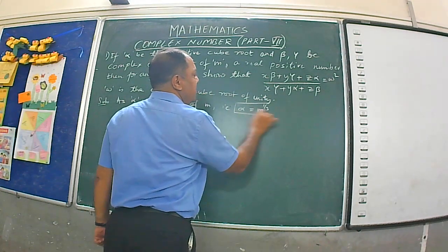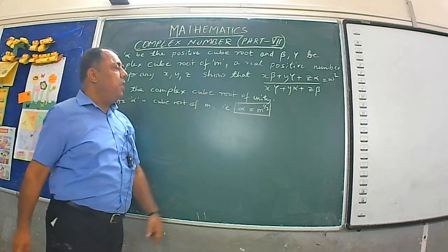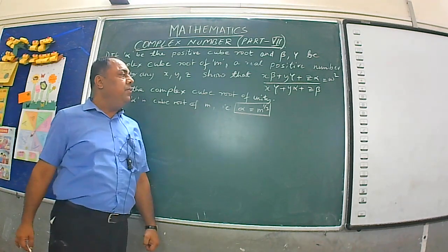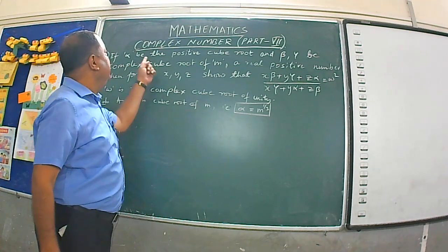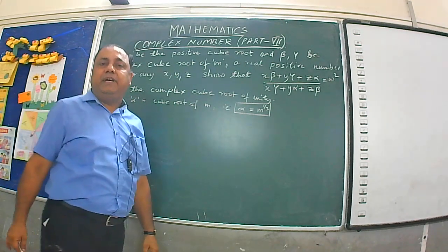This is our first concept with respect to this problem. Alpha is m one third, and it is positive, and it is not a complex cube root of m,